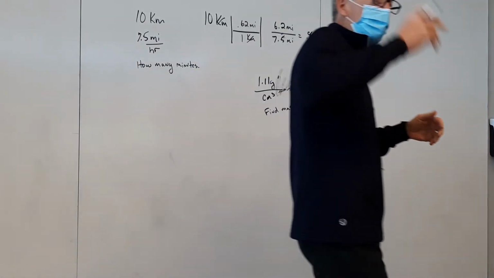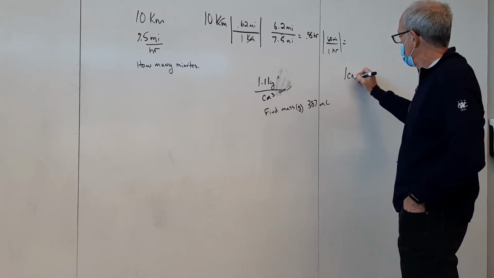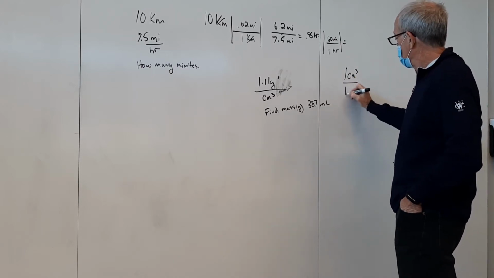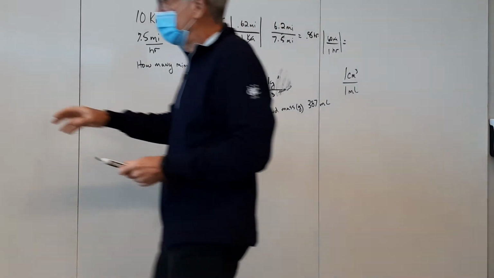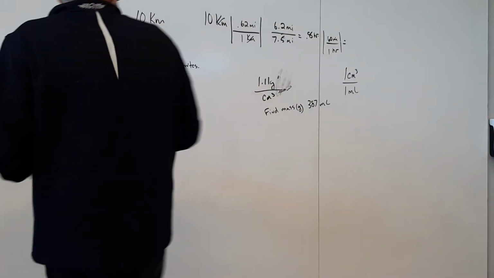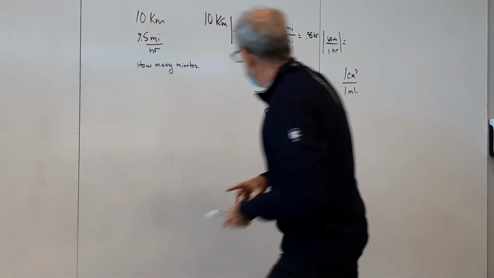Really important: centimeters cubed to milliliters. 1 centimeter cubed equals 1 milliliter. That's going to make it pretty easy right now. Okay? So now I have